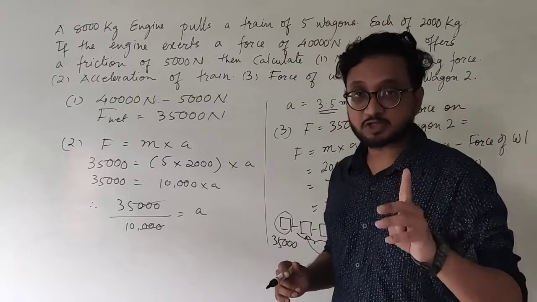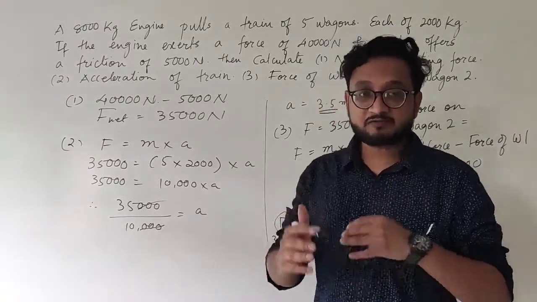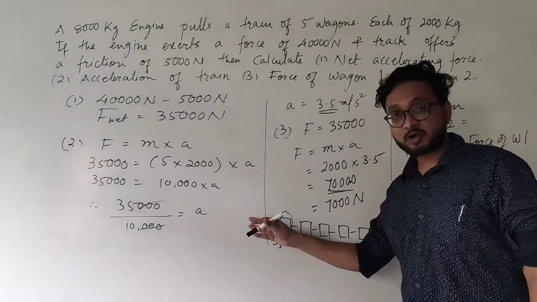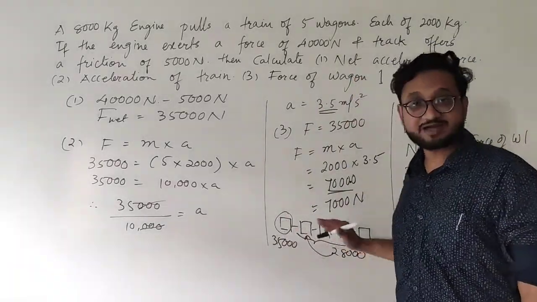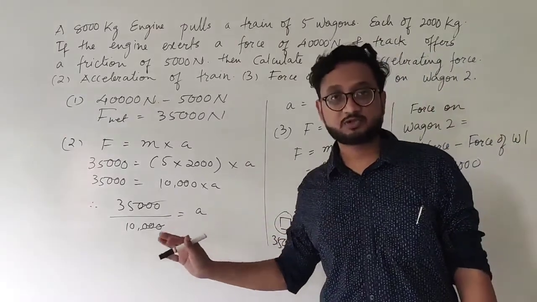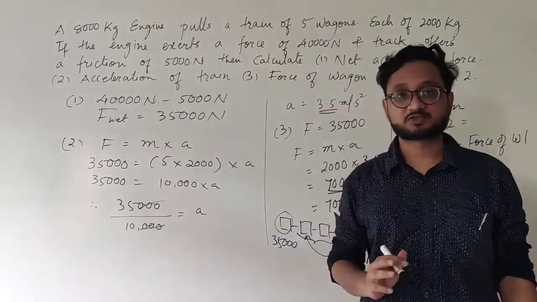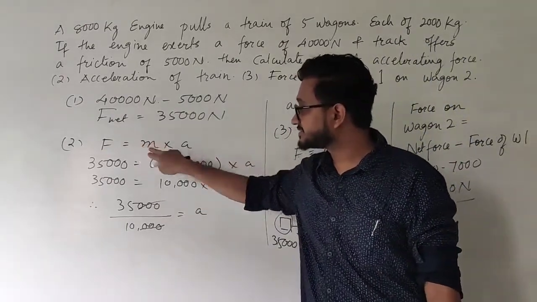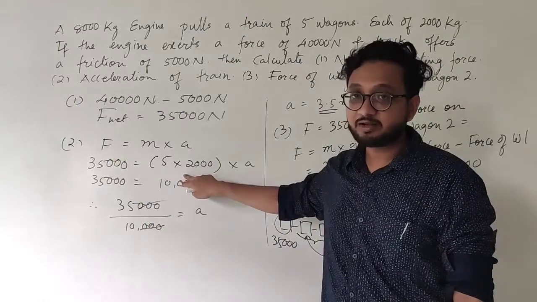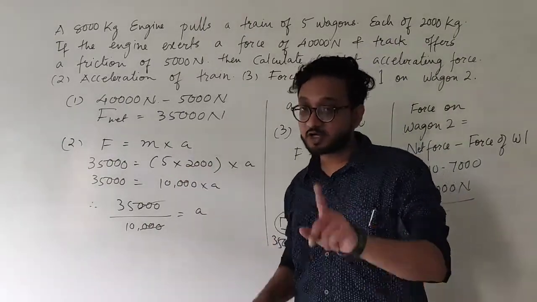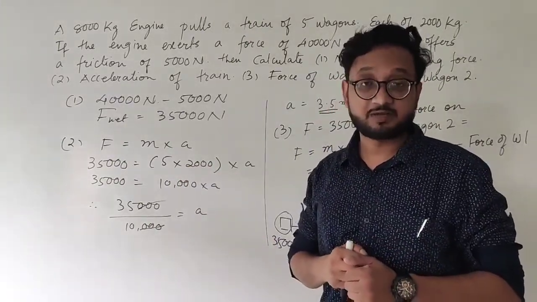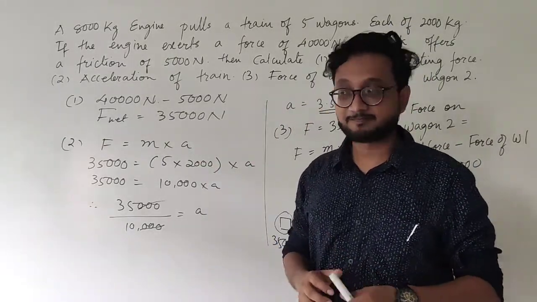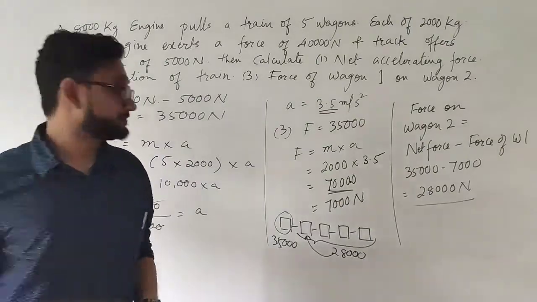Now this is the first solution. Now we will see what the different options are, because when we are talking about a train, we are not just talking about the wagons, there is the engine also. So you need to include the mass of the engine as well. Now everything will be different, because in this part we only included the mass of the wagons, we did not include the mass of the engine. So we need to solve the whole thing again, and let's see what answer we get.